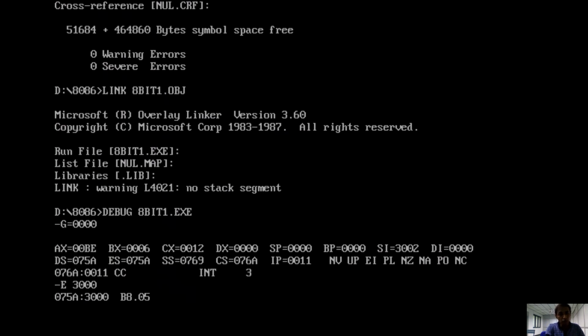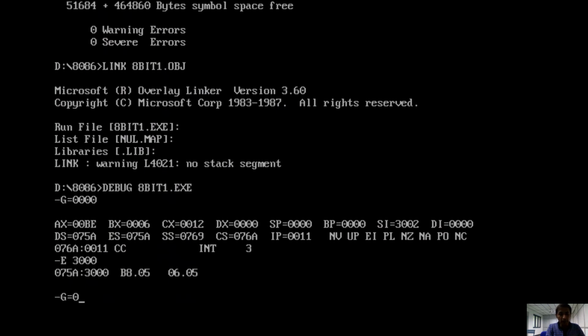Then I need the 3001 location also for giving another 8-bit number. In order to select the next location, simply press tab. So in the 3001 location, 06 is already available. If you are okay, then okay. Otherwise you should change. For example, I am not satisfied with the 06. I am giving 05 here also. So the first 8-bit number is 05, the other 8-bit number is also 05. So two numbers we are selecting. Then again run. Only then will the processor give you the corresponding result. So after giving the inputs, run the program again.